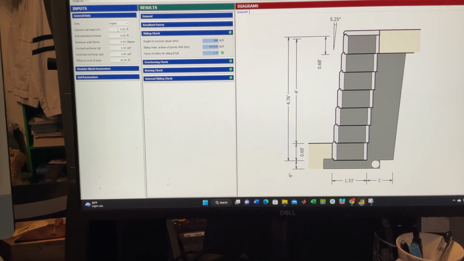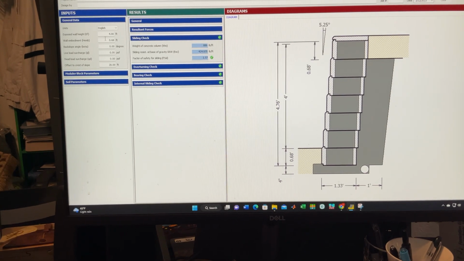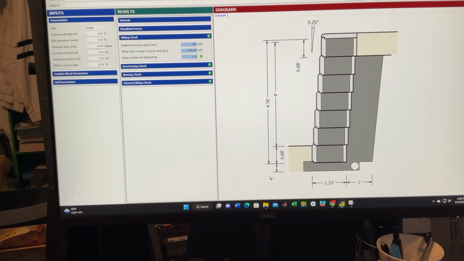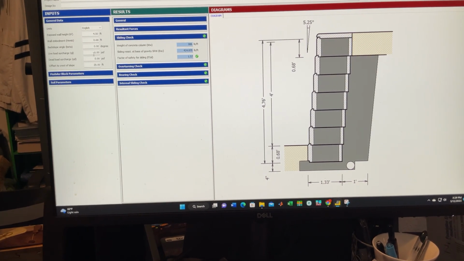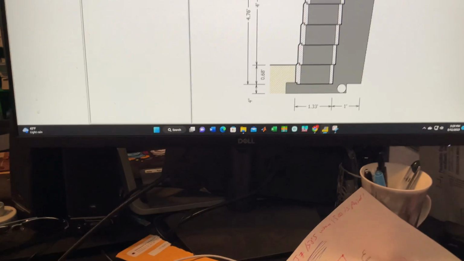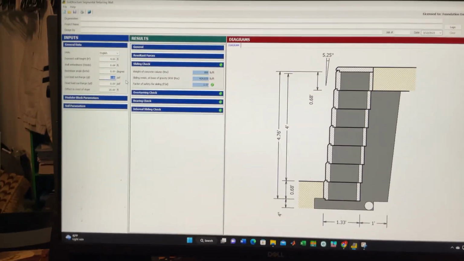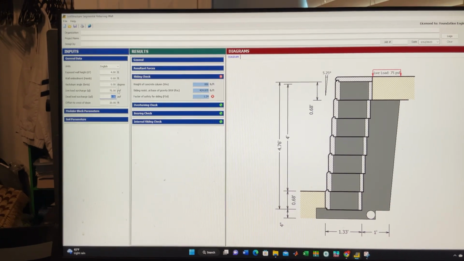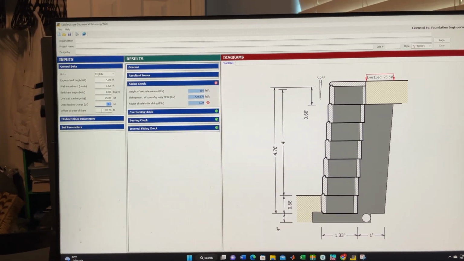So in this example, we have a 4-foot high retaining wall with a 0 back slope angle, so it's level backfill. Let's make the surcharges 75 PSF,